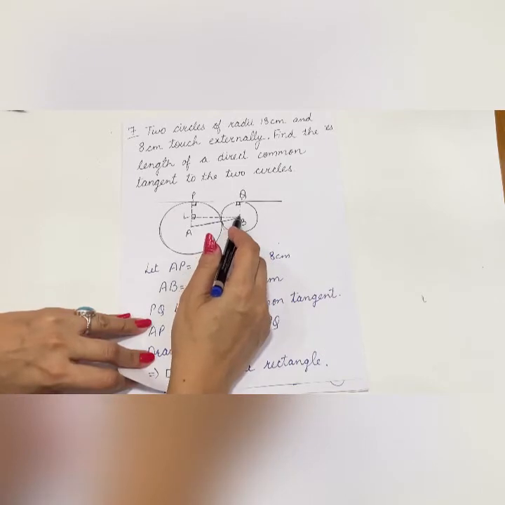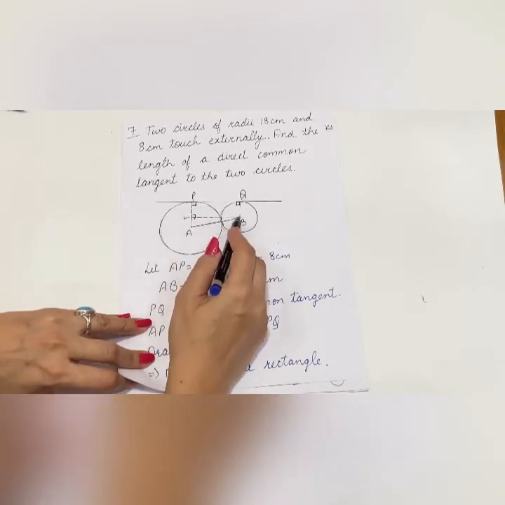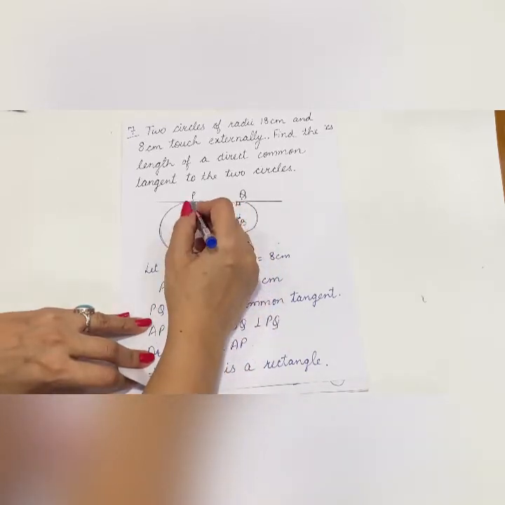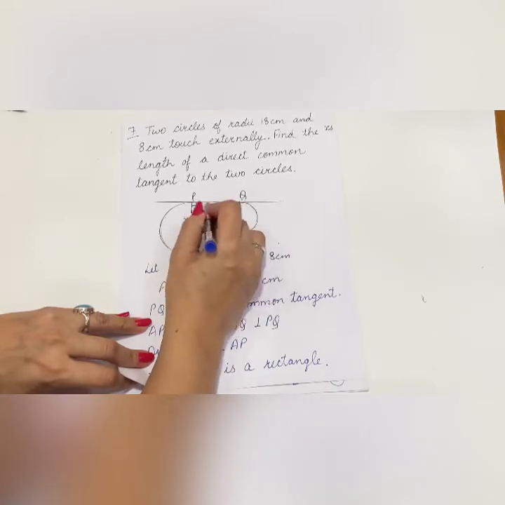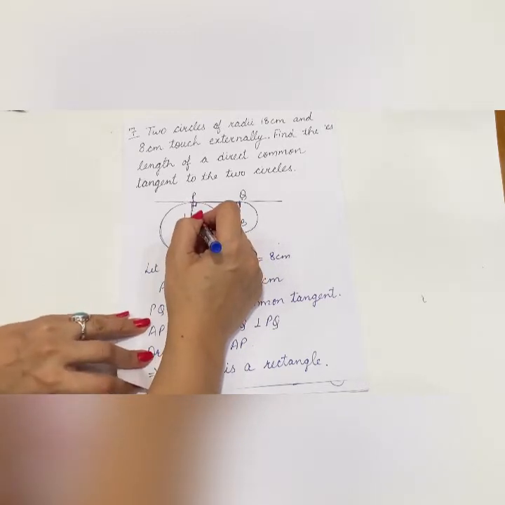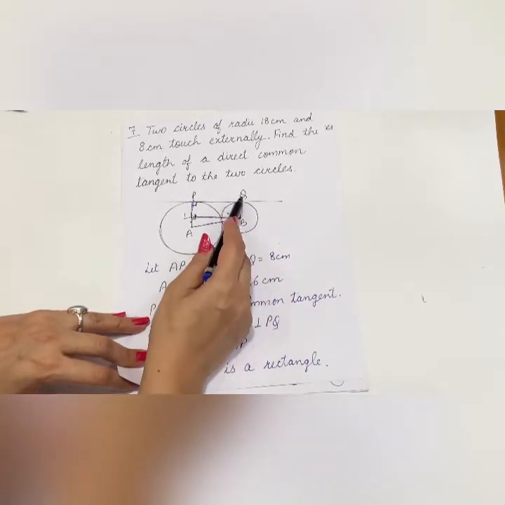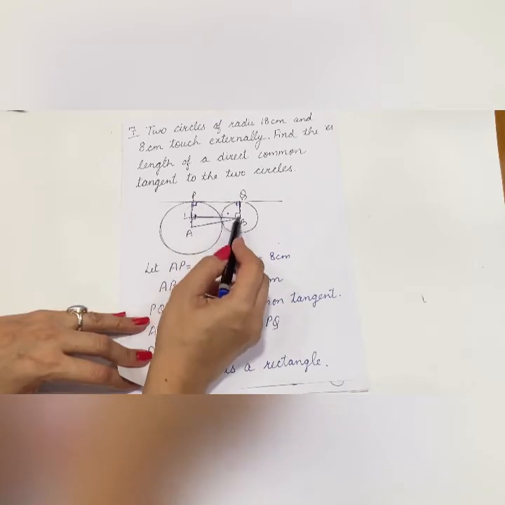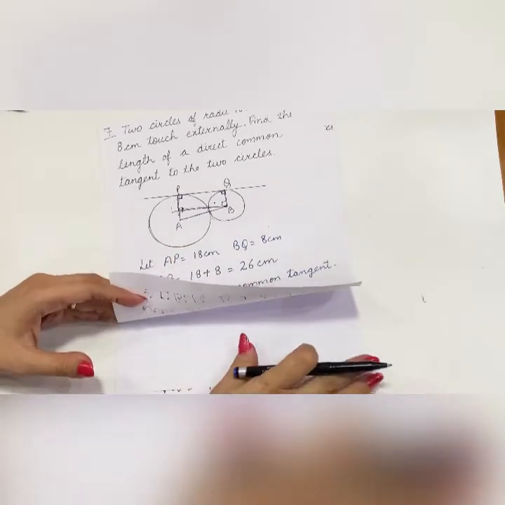Now the next thing is we are drawing BL perpendicular on AP. Draw BL perpendicular on AP. Now consider this, children, this quadrilateral if I am taking. I am taking this quadrilateral. What do we have? 1, 2, 3. Three angles of the quadrilateral are 90 degrees. So this angle will also be equal to 90 degree. Therefore, BQPL is a rectangle. We have BQPL is a rectangle as each angle is equal to 90 degree.